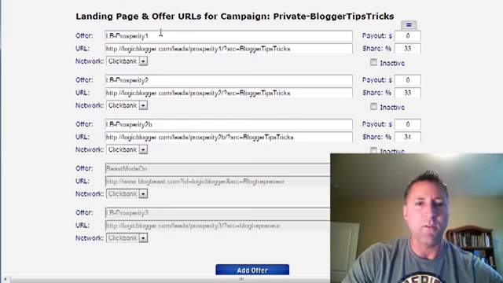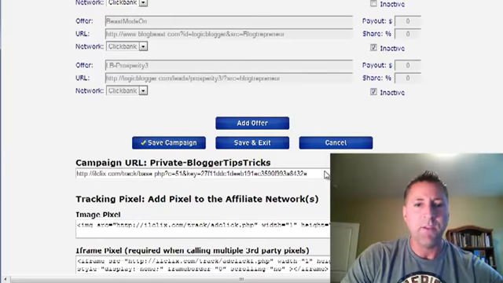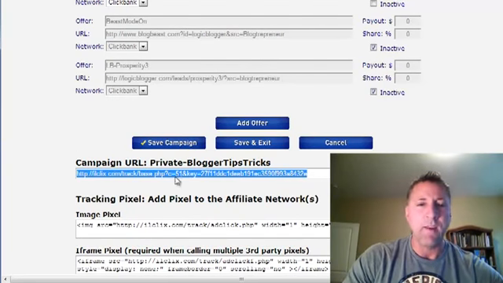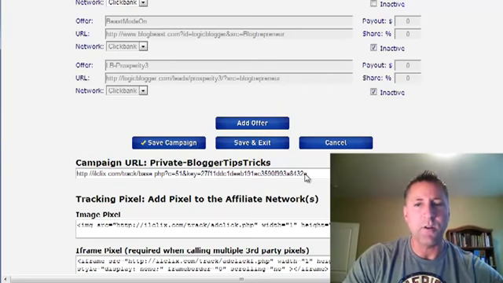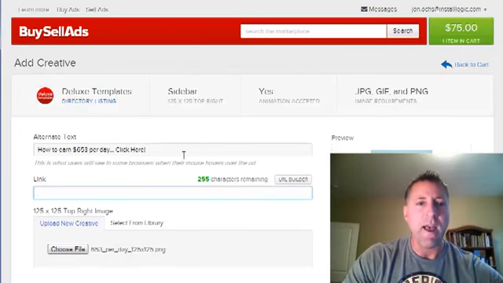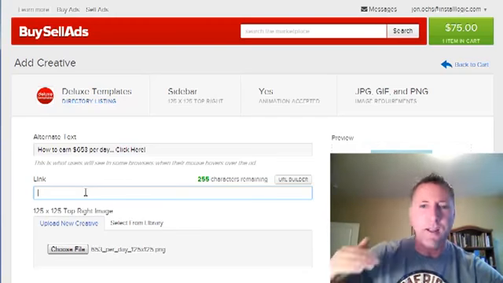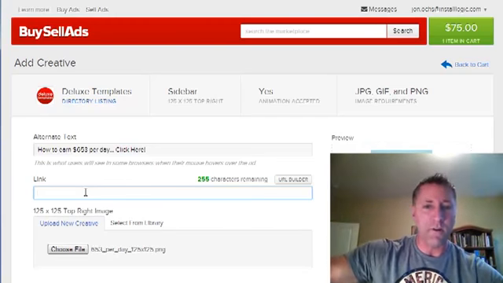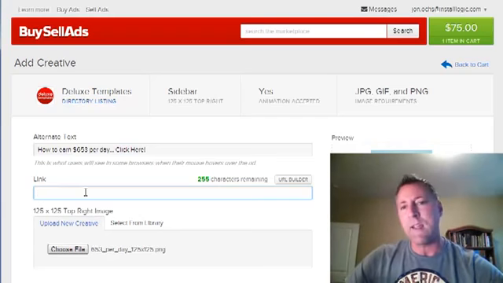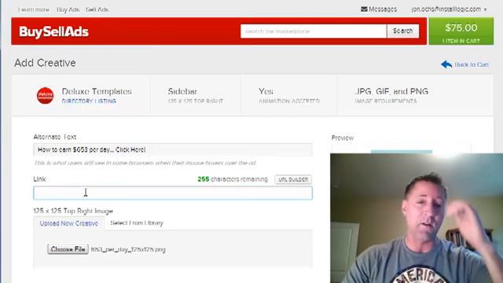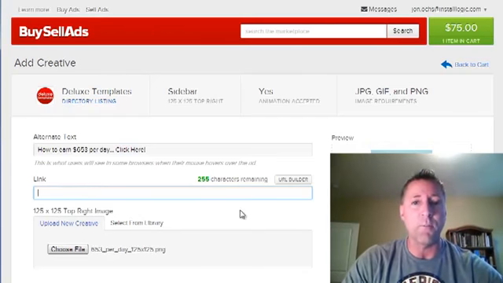And you can see here I've got it going to 3 different landing pages, and I've got it evenly split. And then it's going to give you an actual URL for that campaign. And the campaign URL is what you're going to give to your ad provider or your traffic provider. So that's what would go in this link. Instead of sending them directly to a capture page or directly to your sales video or whatever offer you're promoting, you send them instead to your tracking campaign, and then that's where it sends them off to the other. And it's going to be completely transparent to your visitor. They're not going to know that they're being redirected.